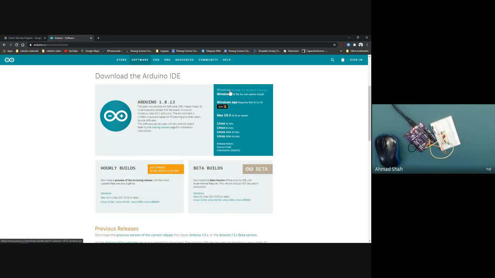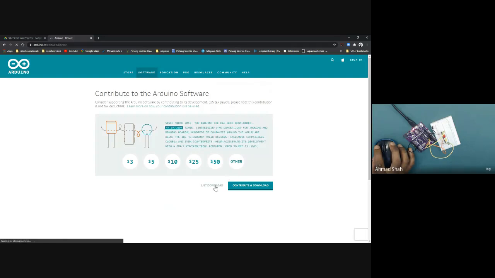When you download, it will be a zip file or some file, so you have to open and run the application. You will see the file. Let me show you guys. When you come here, you just press download. Unless you want to contribute, and if you don't want to contribute, just press download. Then you're going to download it as